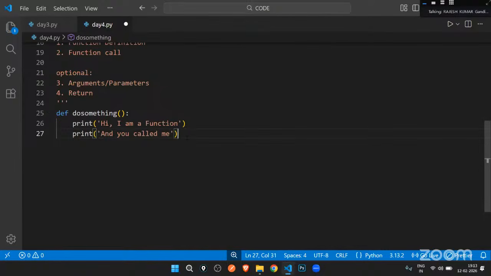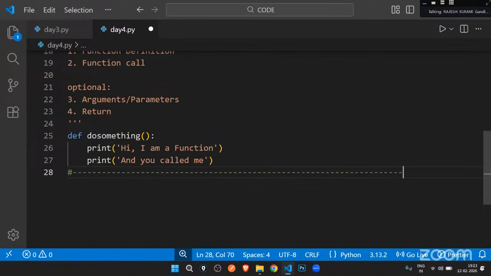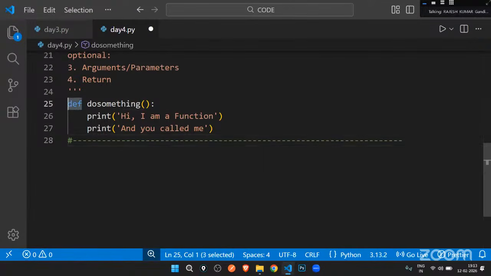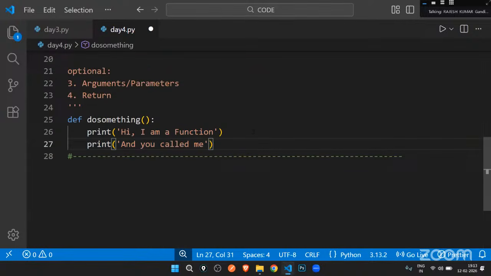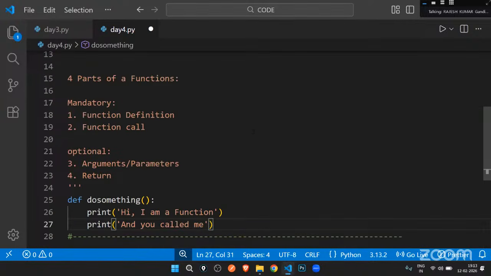That's it. You see, I have a small habit of separating the function area and the main area. I'll be just using a single dotted commented line here in this manner so that it will be clear for both of us. Now see here, what did I do? def, definition, name of the function, open and close parenthesis, colon. With a level of indentation, I have written some block of statements here. Done. That's what we have.